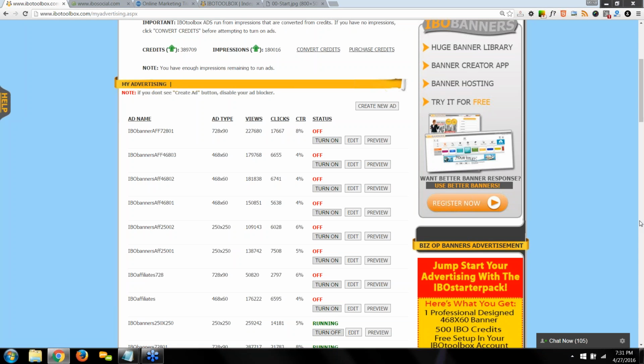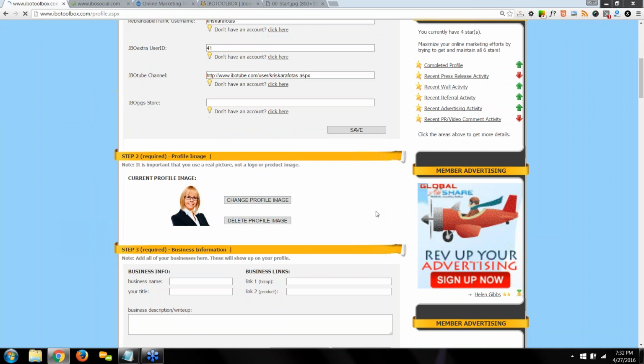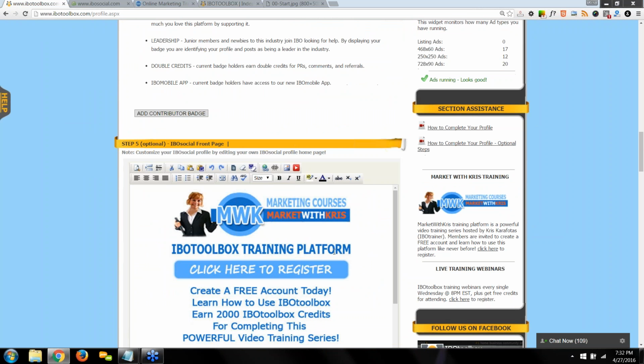To post an image on your IBO social profile page, do you need an HTML editor? No, no, no, no, no. You have to know a little bit of basic HTML. Okay, so edit profile. It's step 5. It's customization. If you want to just post an image, you can do that. That's not a problem. But if you want to make that image clickable, you have to know a little bit